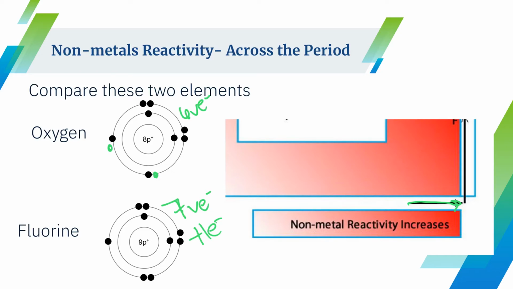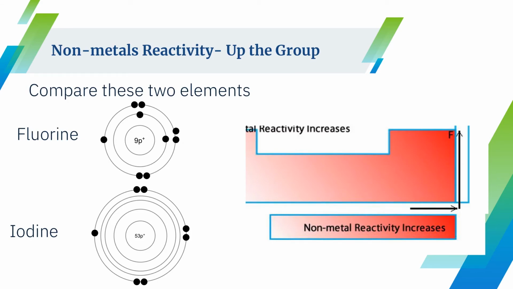For the nonmetals reactivity up a group, the reactivity increases as you go up a group, for a similar reason as to why the reactivity of metals increases as you go down. It's the reason why, for nonmetals, the reactivity increases as you go up. Because fluorine,